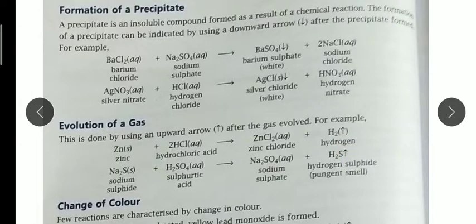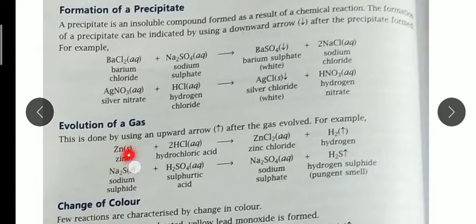Like here you can see zinc is a solid, so that's why in the bracket S is written. HCl and H2SO4, they are in aqueous, they are acid in the water, so that's why it is written aqueous. Aqueous means water amount is there along with acid. Same way we can write S for solid, L for liquid, and G for gas. And precipitate down, we should denote by downward arrow, and for the evolution of gas we can show by upward arrow, you can see.